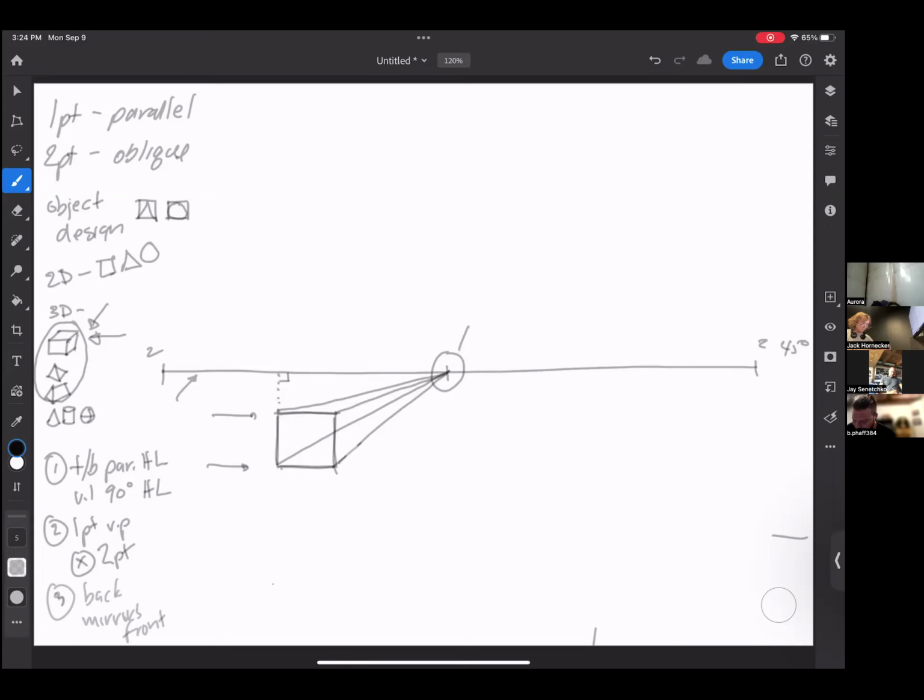Wherever it is I want my cube to end, and I'm just going to guess, that back line runs parallel to the front line until it intersects the 2 recessive lines on that side. Where it intersects those 2 recessive lines tells me where to draw the top and the bottom line until they intersect the recessive lines on the other side. And now over here, right, I get 2 intersecting points that stack up on top of each other to now identify where my other vertical line for the other side is. This gives you your transparent cube.